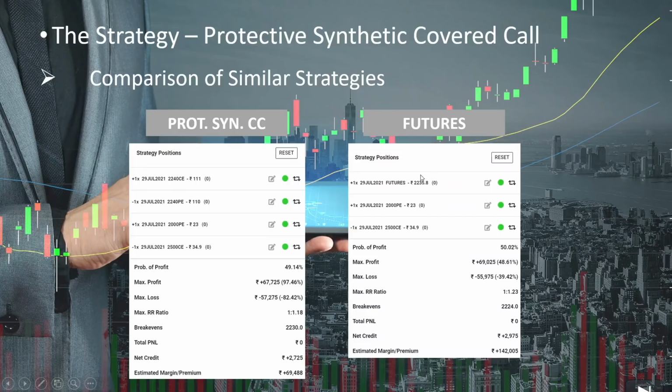This is one disadvantage in holding the futures. And when we are doing a trade in the future, your charges are also higher, because in the future you are holding a full lot and you are paying a lesser margin, but the charges are quite high for the futures. In the options, the charges are less.